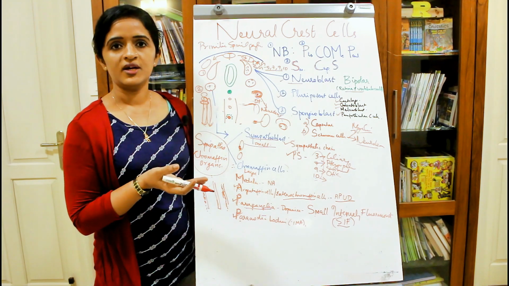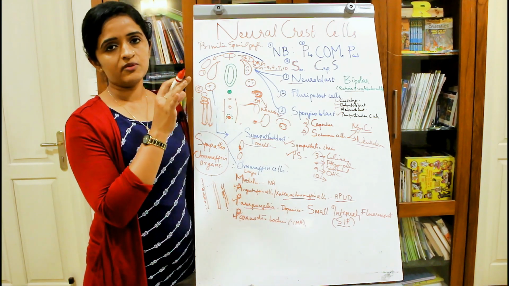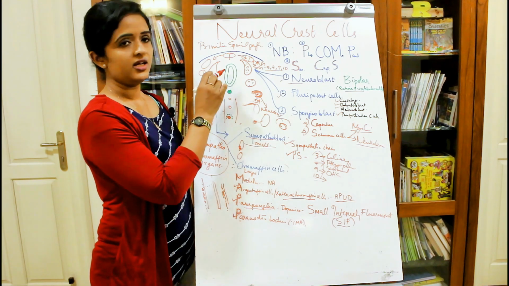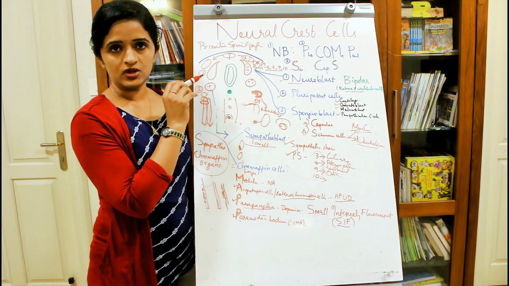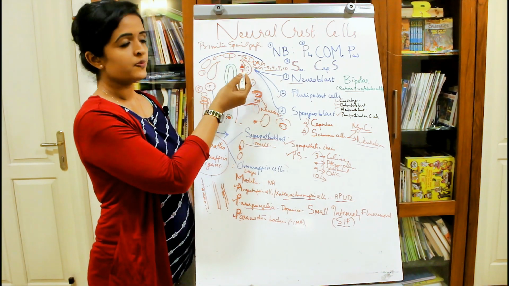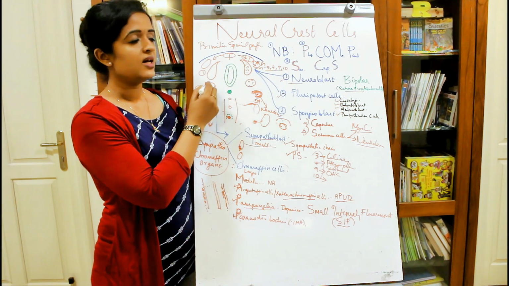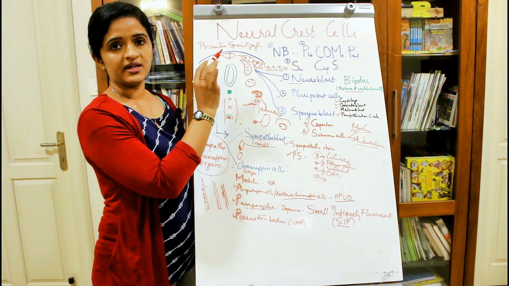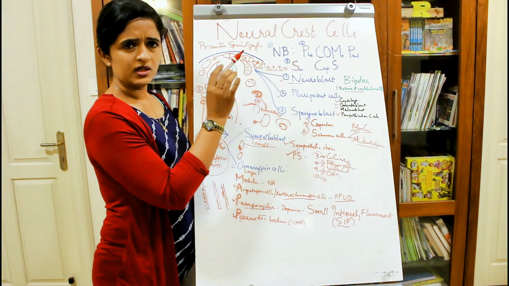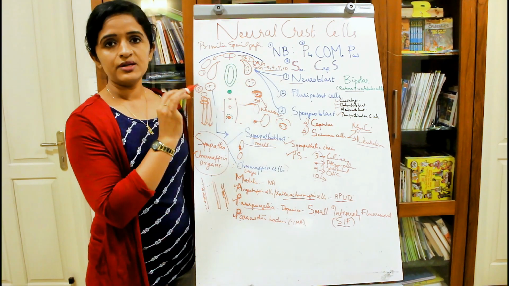So just to wind up the session, we have the neural crest cells which are first formed from the neural folds of the neuroectoderm. They are not actually going and joining with the neural tube. They remain as a separate mass, first in the middle, then they split into two, and each mass will again split into a dorsal mass and a ventral mass, and they are together known as primitive spinal ganglia. Later the dorsal mass will be giving rise to the sensory ganglia, the dorsal root ganglia and the sensory ganglia of the cranial nerves 5, 7, 9 and 10,